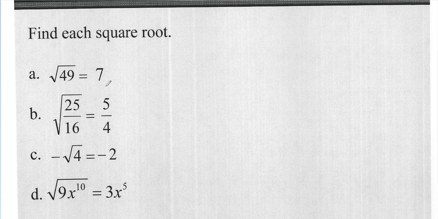Okay, here are some elementary problems where we take the square root of 49 is 7 and the square root of 25 over 16 is 5 over 4, etc. So just as a reminder, how do I find the square root of 49 if we don't know it? Well, what is huge here is I want to know how to do the prime factorization of values. As long as I know how to do this, then we'll be able to figure out any root problem